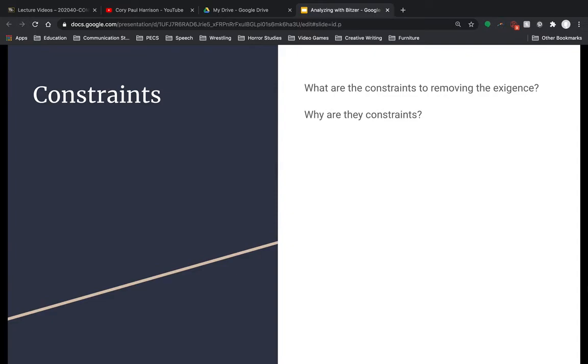And finally, let's look at constraints. What are the constraints to removing the exigence? Well, one is that people's opinions of things, once they form them, can be pretty sturdy. And to change their opinion, you have to work doubly hard to say, no, that's not me, this is me, and here's why. One thing that